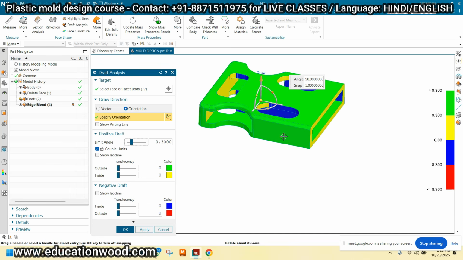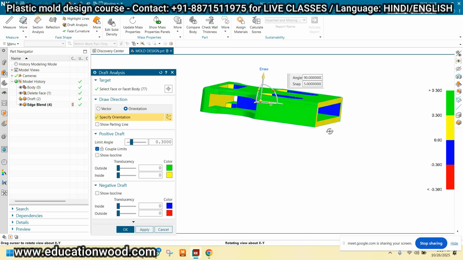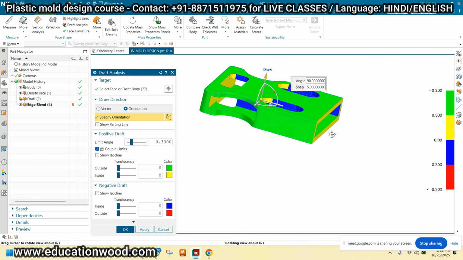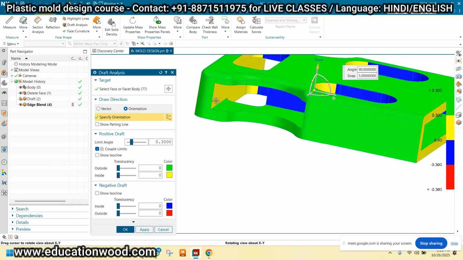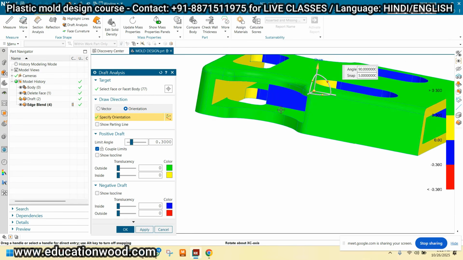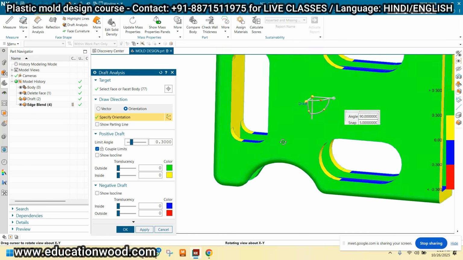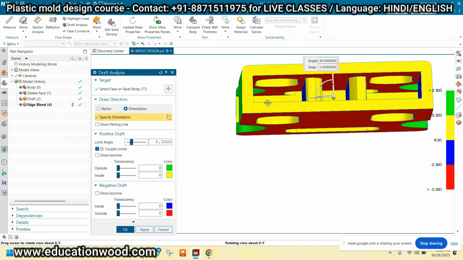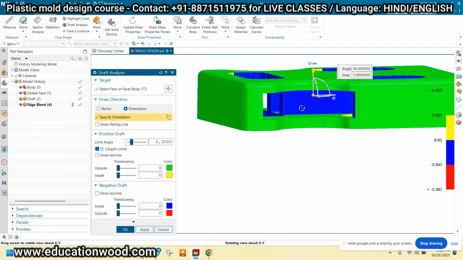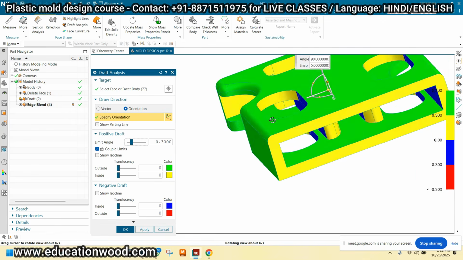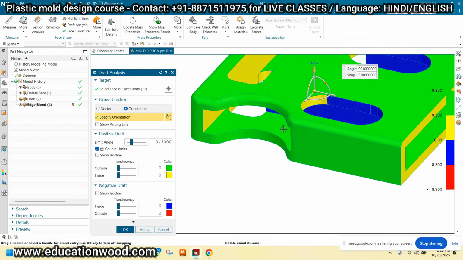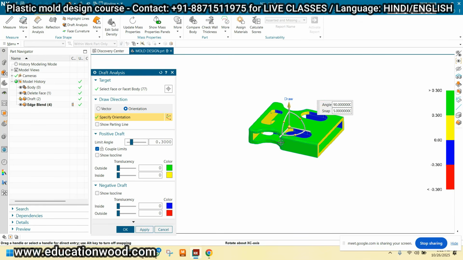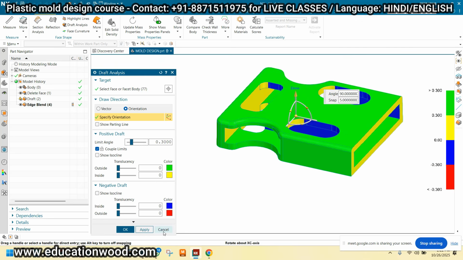Okay. So basically for this I have to prepare an undercut. Right or wrong? You can say that we have to prepare a slider or the side core, right? And here, see, this portion also comes inside the undercut, right? Yes. Okay. So now, first of all, we will extract the core and cavity, which is very important.